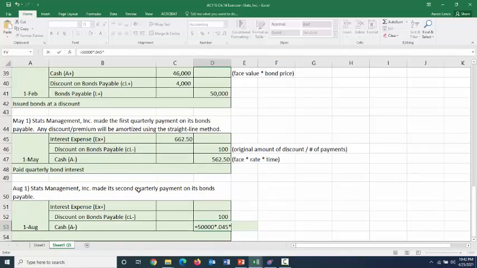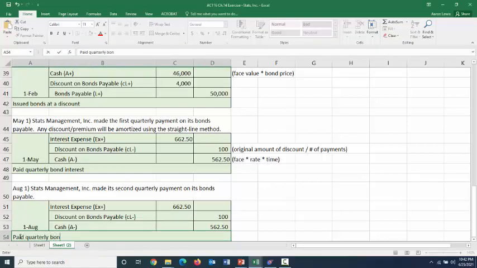Well, we're still making a quarterly payment on our bond. So that's 3/12. And when we multiply that out, we come up with $562.50, which means since we get to record interest expense equal to not only the actual amount of cash that we transfer for our interest payment, but also the amount of discount that we amortize, we're going to come up with a debit to interest expense for $662.50